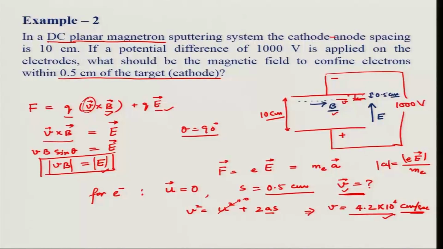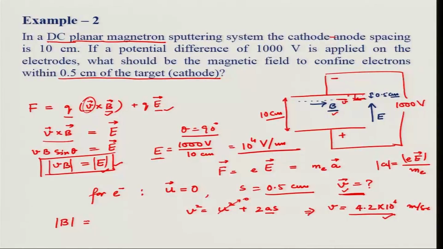Now, since we know this velocity, we know the magnitude of electric field. Electric field is nothing but 10,000 volts divided by 10 centimeter. So, sorry, this is again my mistake, this is meter per second because this is 10 to power 4 volts per meter, okay. This is my electric field. So, we know electric field, we know velocity, and from this we can calculate